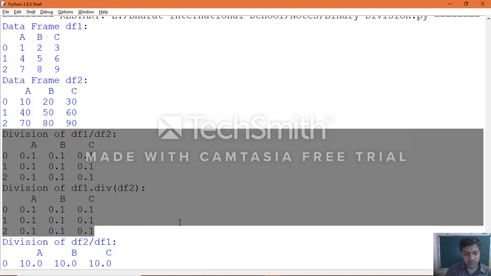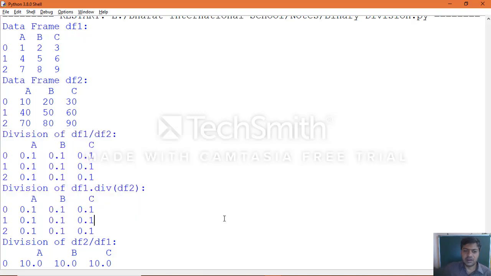So now we come to know the way how we can make use of the division operation, binary division operation between two data frame objects. Earlier we saw addition, subtraction, multiplication, and now we saw division. So that is how binary operations work, all four basic operations: addition, subtraction, division, and multiplication. We will see some examples on this particular binary operation in another class.